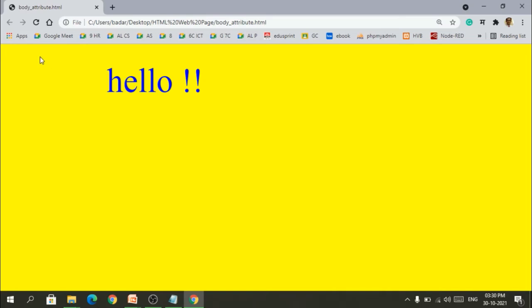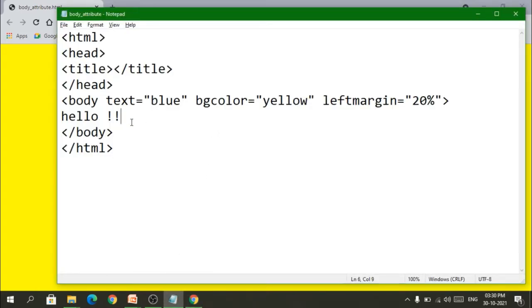You saw it? So first it was starting from here. As I specified leftmargin is 20, it is moving towards the right side. So this is basically working as a margin. If I provide one more content here, I will use a standalone tag which is br.